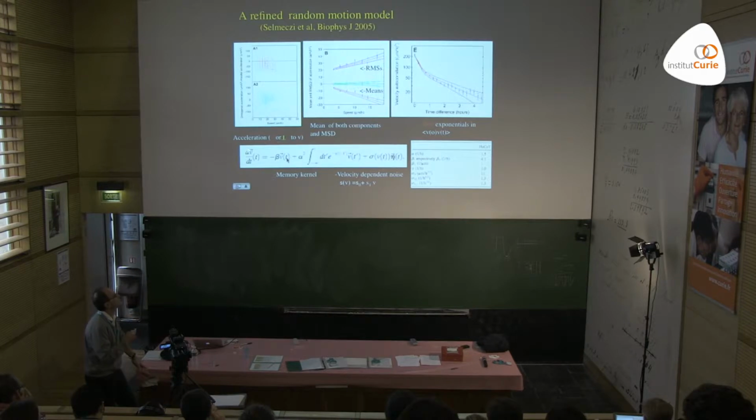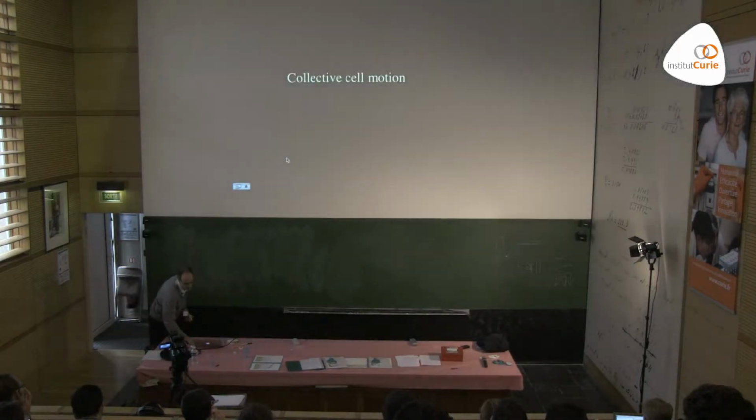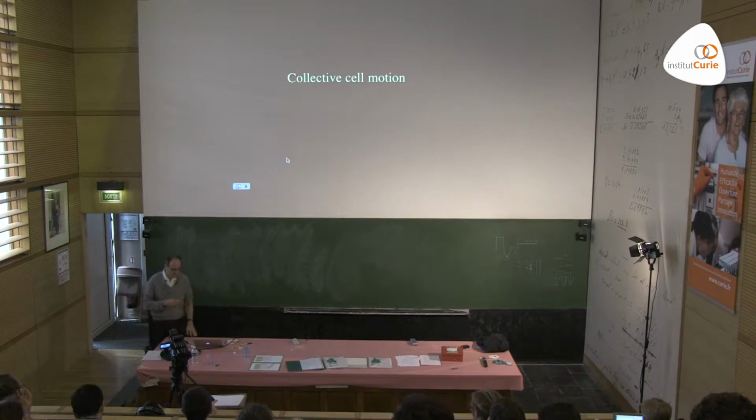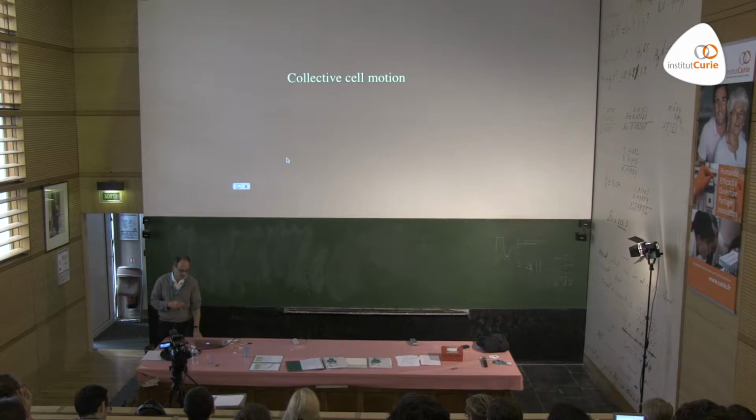So this would be some kind of refined model of this Ornstein-Uhlenbeck type, where you have the noise depend on v, and there is a memory kernel, a bit more complicated. But you see that in principle, this Ornstein-Uhlenbeck, you can refine and have a very precise description of cell motion. Okay. So now that I've reminded you a little bit what cell motion is, we'll go to collective cell